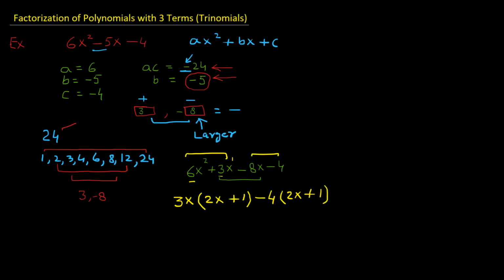And now if you look here, you will notice that this is one term and this is the second term. And in both of these terms, we have this binomial common. This is a binomial, a polynomial with two terms. So we can take this binomial common. So this will be 2x plus 1. And what will be left here? 3x minus 4. So now we got this one product form, which is our answer,